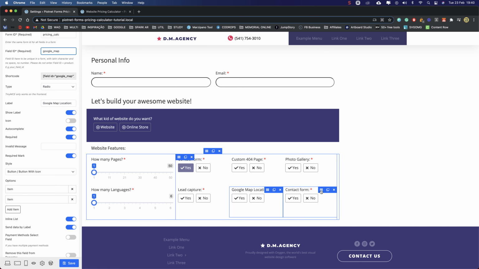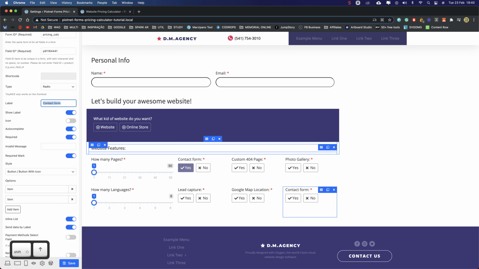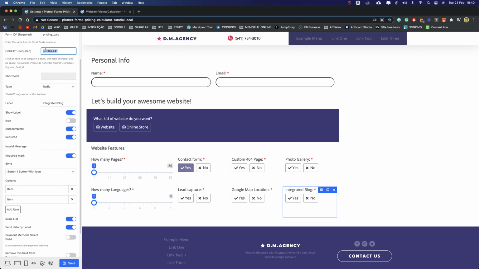Okay, this one, let's call it integrated block, and let's give it an ID of block. Perfect.